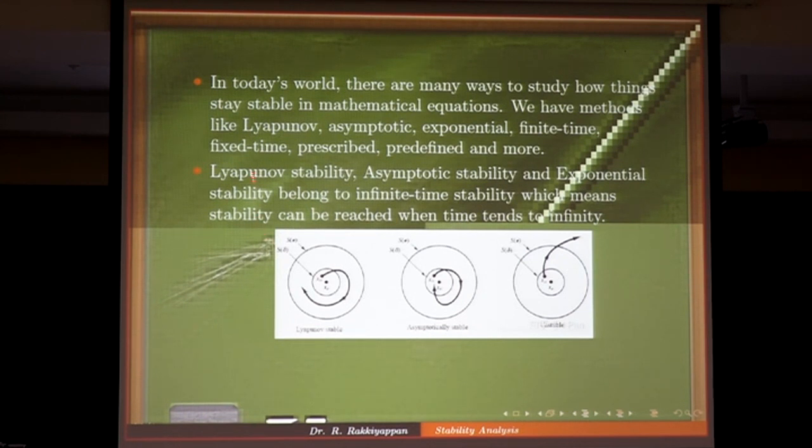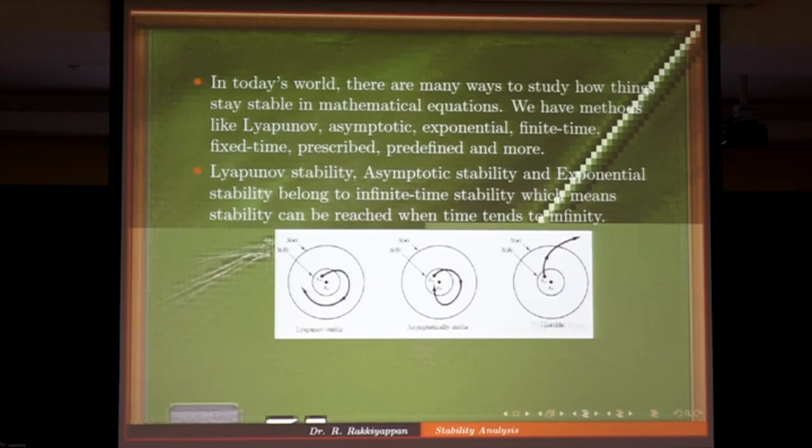The basic thing is the Lyapunov stability. The Russian mathematician A.M. Lyapunov introduced Lyapunov stability in 1892 in the Chinese version, and afterwards it was extended in the English version. We are using that English version as the basic concept of the basic theory of Lyapunov stability. The remaining stabilities, like asymptotic and exponential stability, belong to infinite time stability, which means the stability can be reached when time tends to infinity. For example,